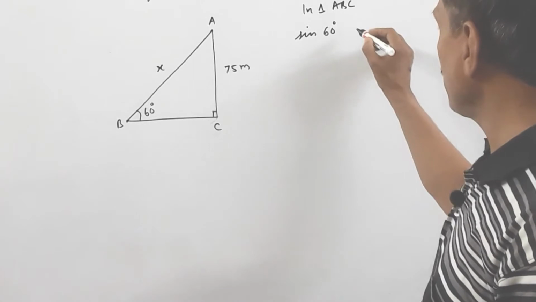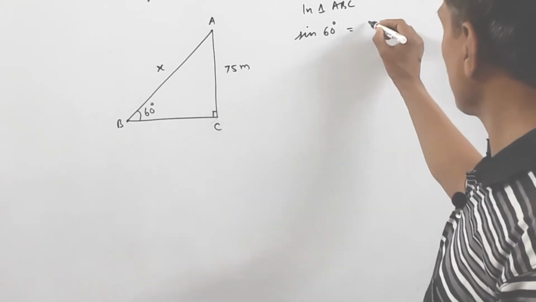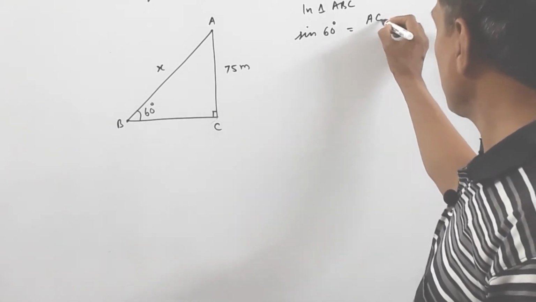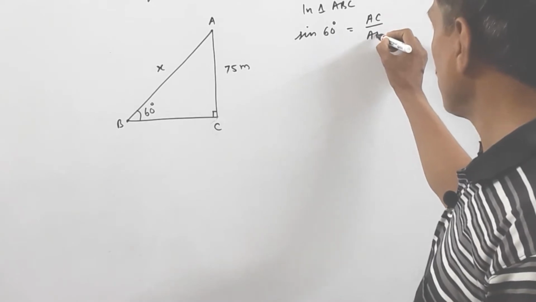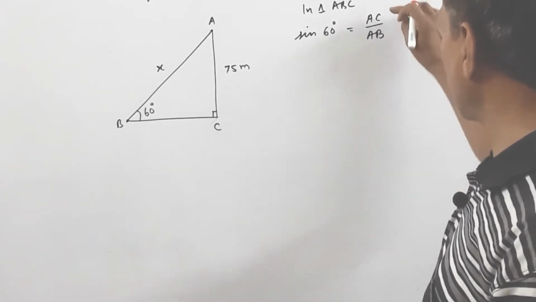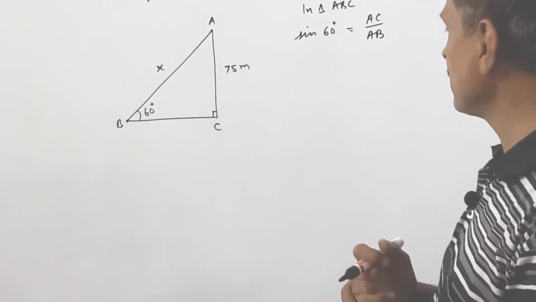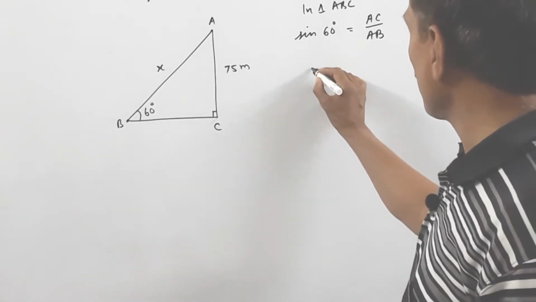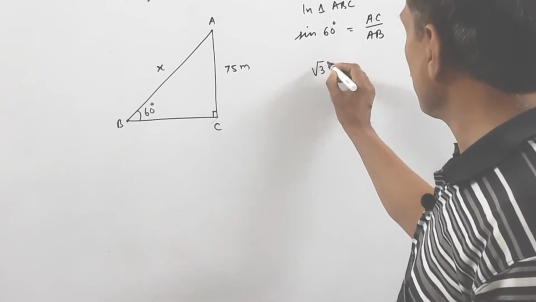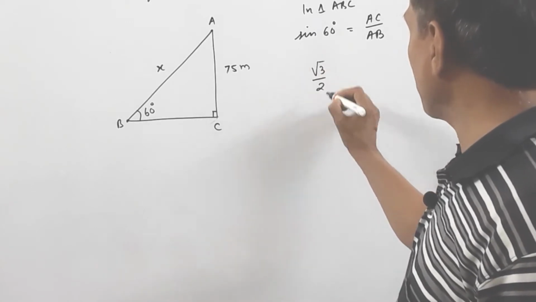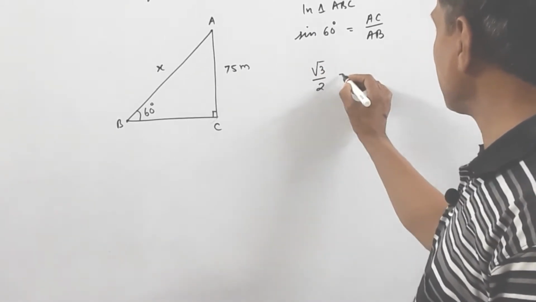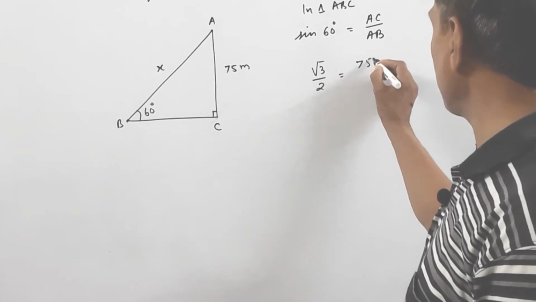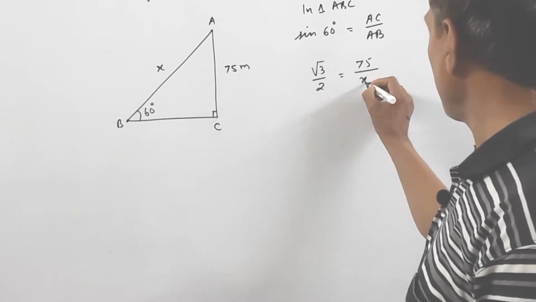Sine 60 degrees is equal to AC upon AB, that is perpendicular upon hypotenuse. The value of sine 60 is root 3 by 2. This is equal to 75 upon x,